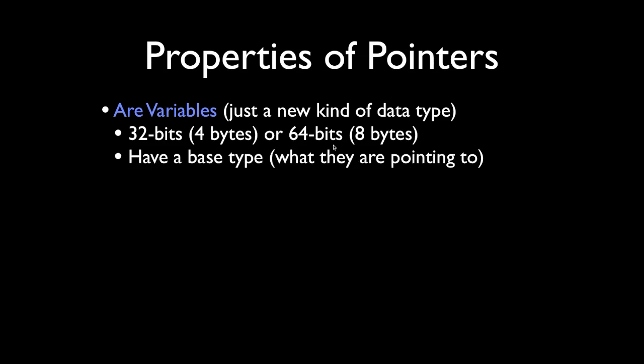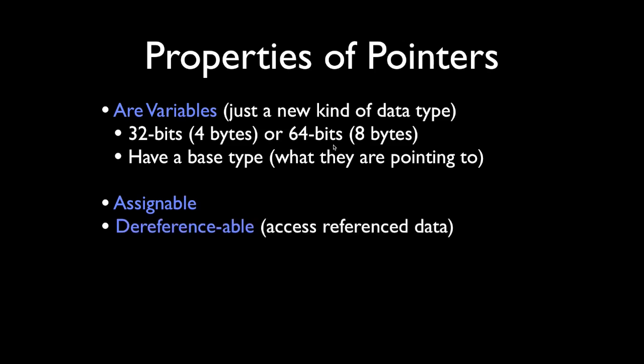It doesn't change. They have a base type, what they are pointing to. That's what that int before the star means. It tells you the pointer is pointing to int, which you later will see as important. They're assignable. So once a pointer has been assigned to be pointing to something, it can be changed. It's malleable. You don't have to always reference the same thing with the same pointer. You can reuse it and reassign it to point to something else. And this is the most useful aspect of them. They are dereferenceable, meaning if you have a pointer to something, you can dereference, follow that pointer, and access the reference data and maybe even modify it.